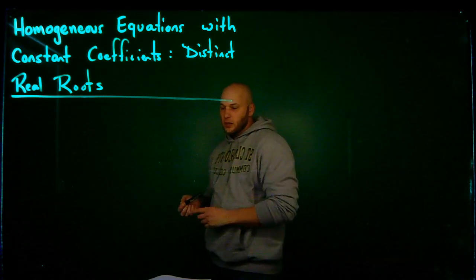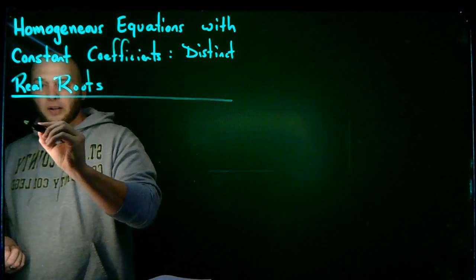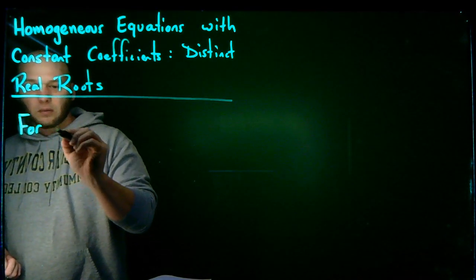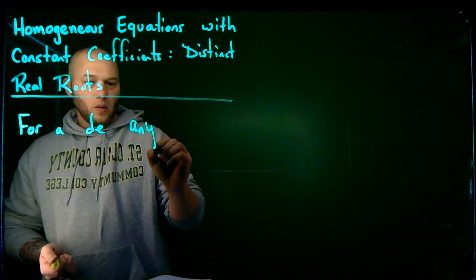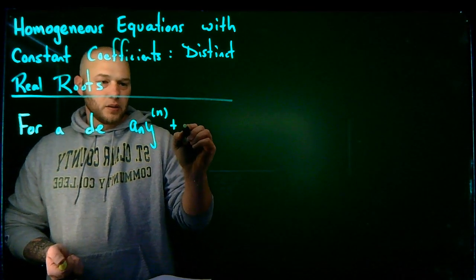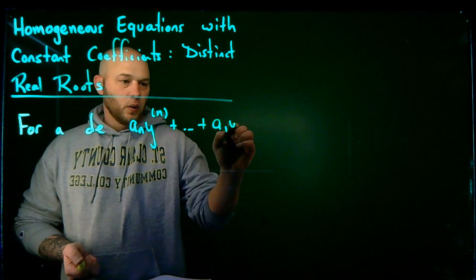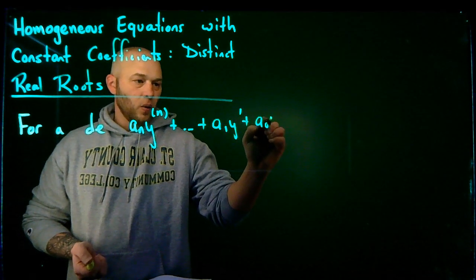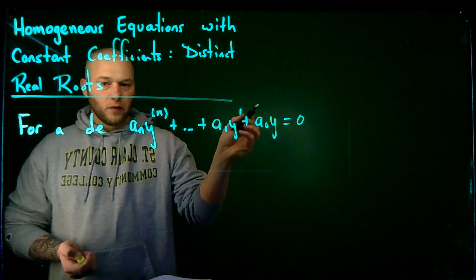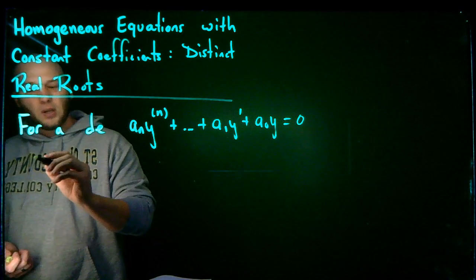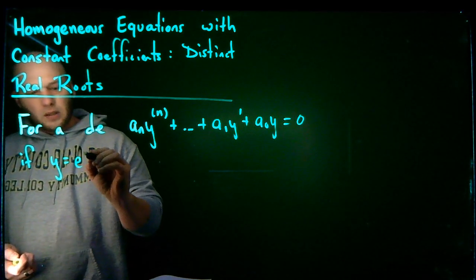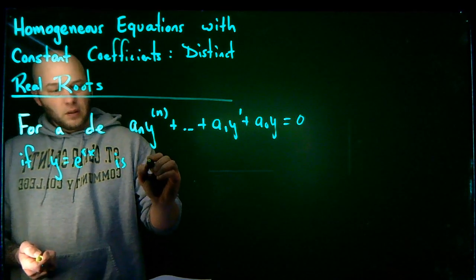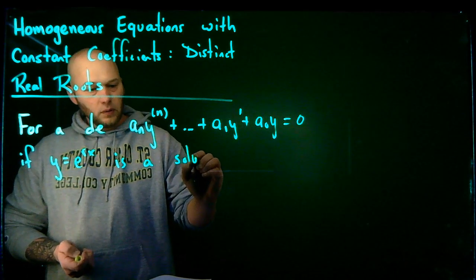So let me first of all say, for a differential equation, a(n) y to the n plus ... a1 y prime plus a0 y equals 0. So this is my differential equation with constant coefficients. If y equals e to the rx is a solution,